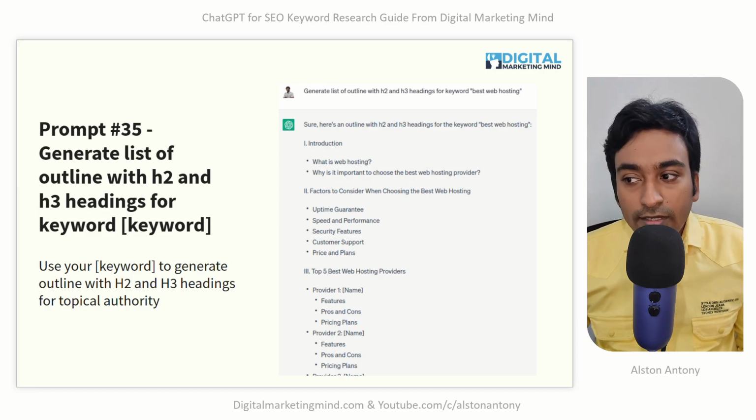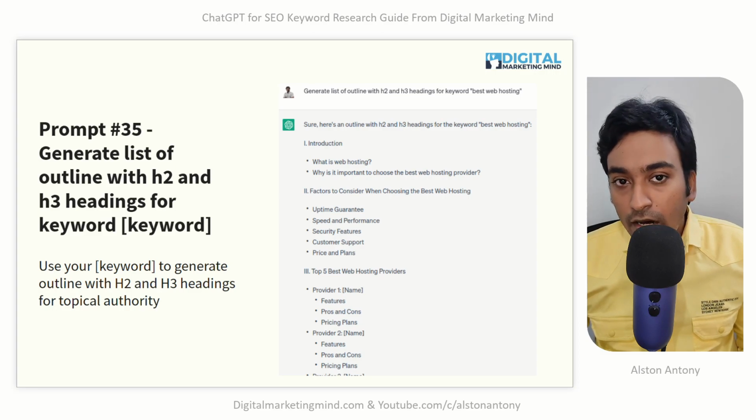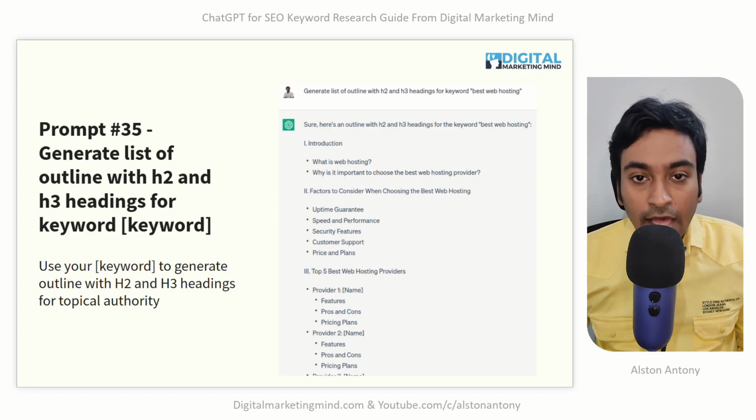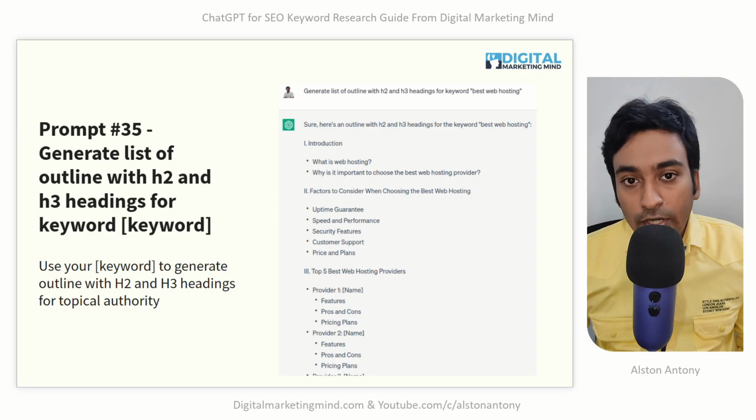Here, when I give this particular instruction to ChatGPT, it is able to bring up an outline with various H2, H3. The reason I asked ChatGPT for H2 and H3 is that these are some of the most important heading tags we can use within our article, especially when you are targeting SEO. So when ChatGPT comes up with various H2 and H3 headings for my target keyword, ideally it will bring up some relevant or related keywords which can make really good keywords for you as well.